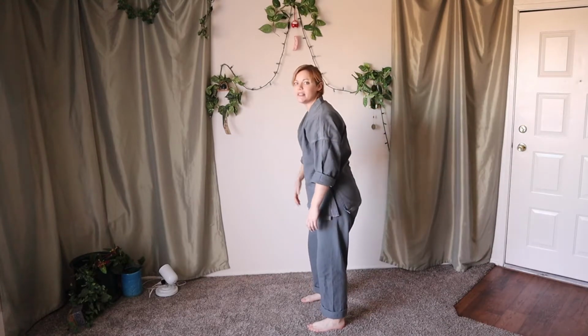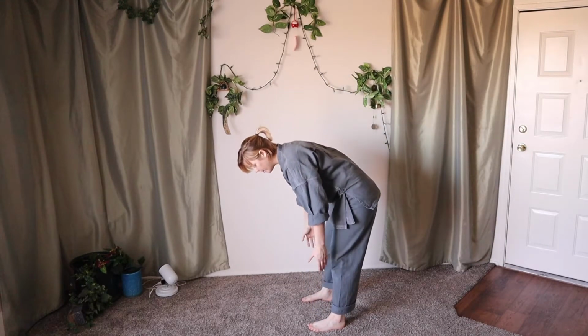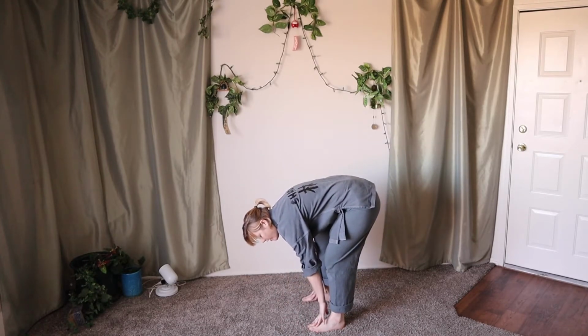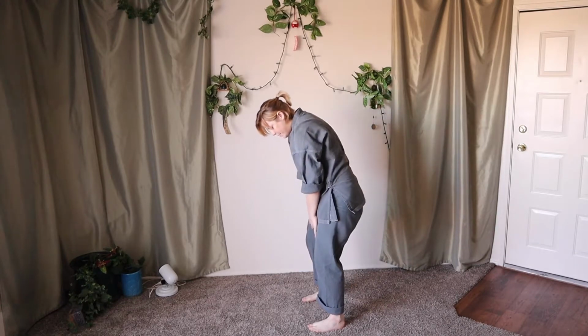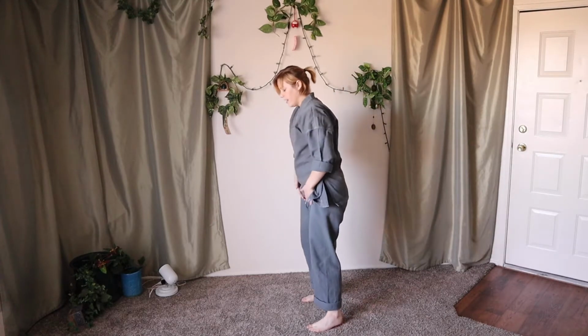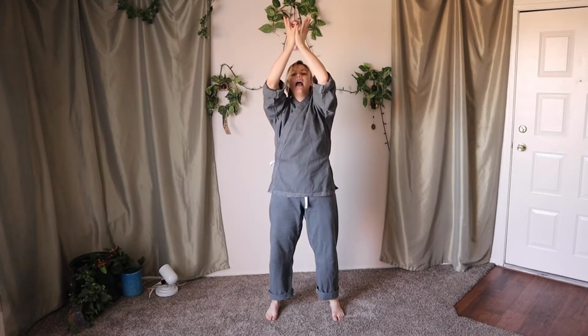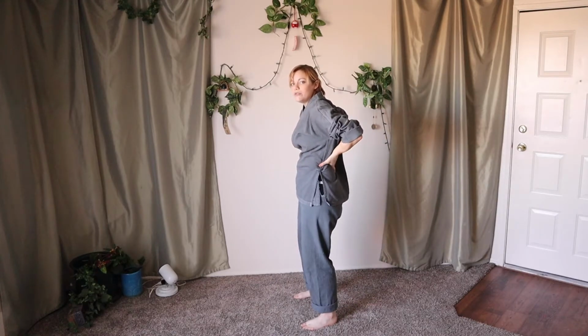So I'll do it from the side to kind of show you. We're keeping our spine straight, and then we're bending forward and tracing our hands up our feet, or up the inside of our legs a little bit as we bend over. And then we're going to shoot that energy up, because we're bringing in energy through our feet, and expand and form your hands into a bit of a flower. So the flower is growing up and then expanding here, and then the energy comes back down your front, and then move your hands around to your kidneys again,